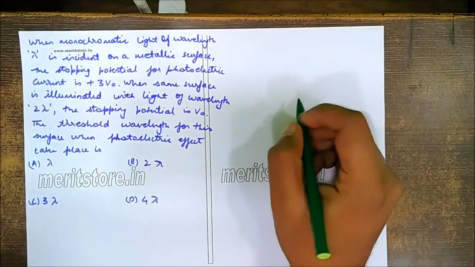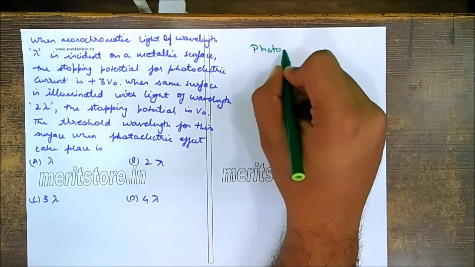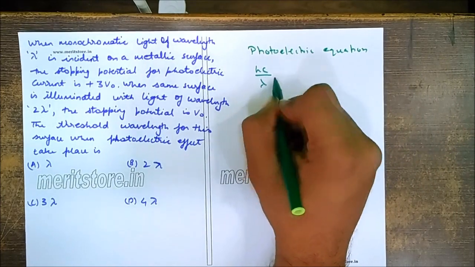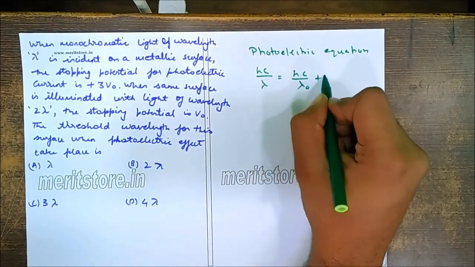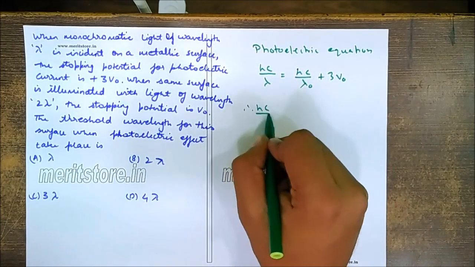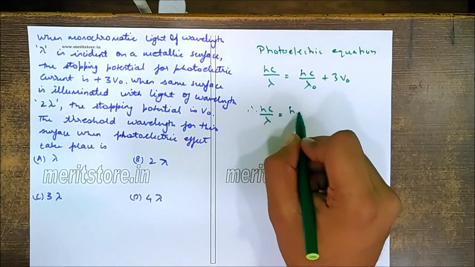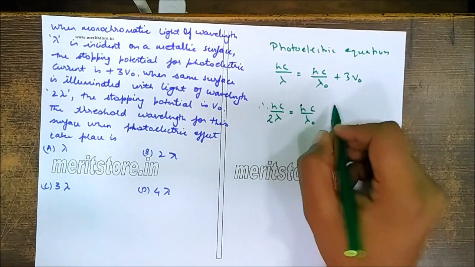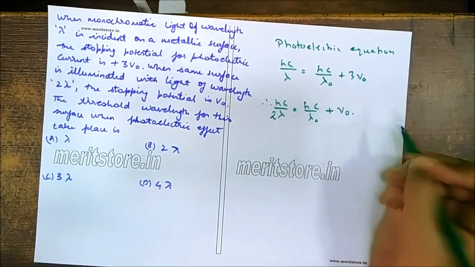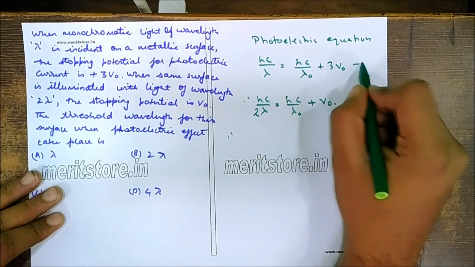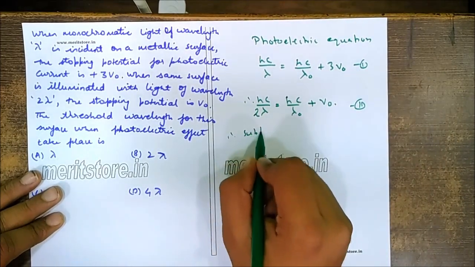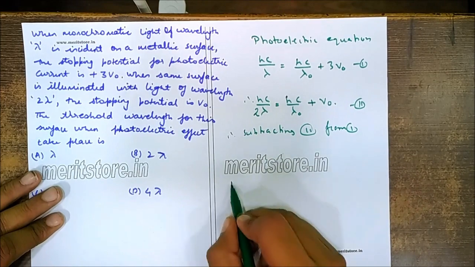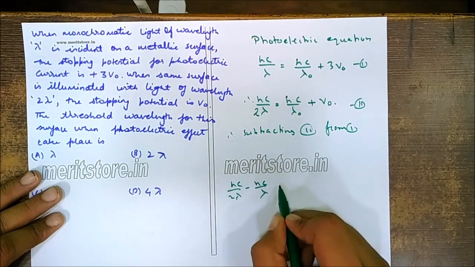Okay, so we can see first of all what is the photoelectric equation. Photoelectric equation has been given as Hc by lambda is equals to Hc by lambda naught plus 3V naught. Therefore Hc by lambda is Hc by lambda naught. In the first condition this is lambda 1 and this is lambda 2, so I'll keep this as lambda, but this will become 2 lambda plus, and 3V naught will be replaced by V naught. So subtracting 2 from 1, I'll get Hc by 2 lambda minus Hc by lambda is equals to